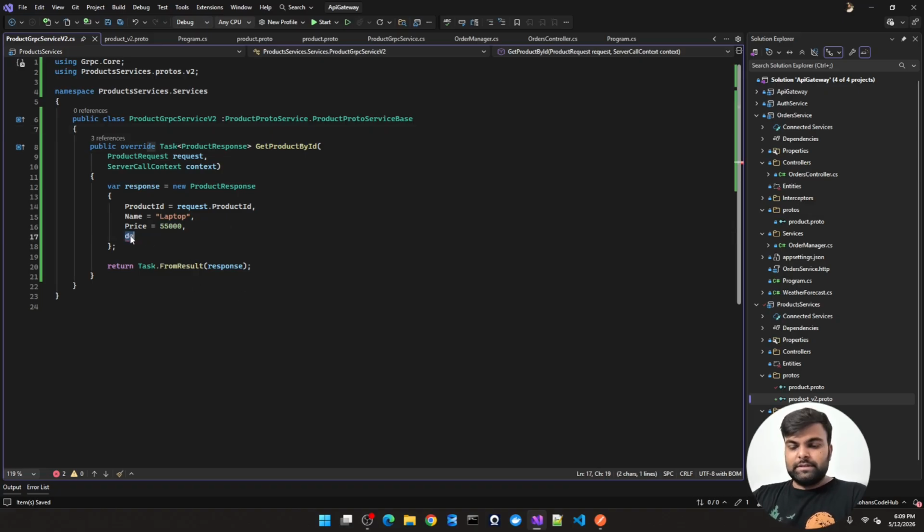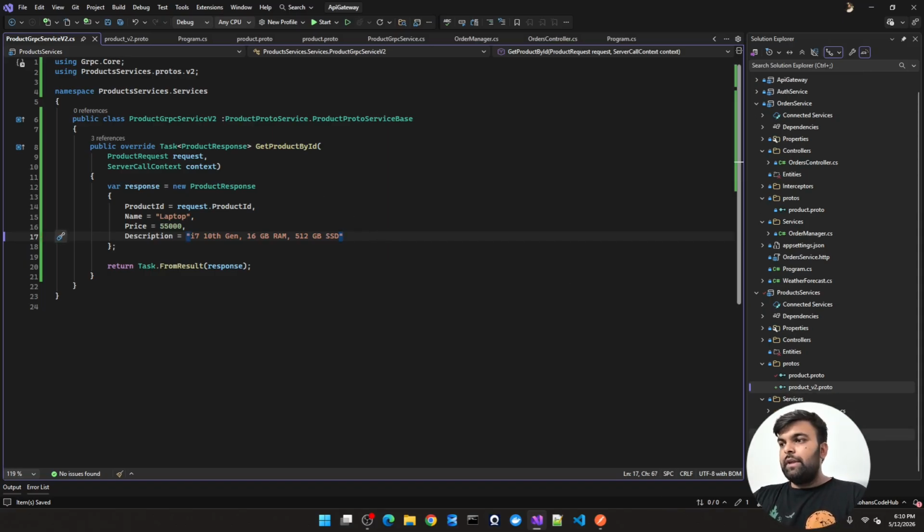So let's try to find the description. I would love to name it as this laptop is very good. Suppose I am adding the description like this. Now let's take it as, let's make it i7 10th gen, 16 GB RAM, 512 GB SSD. Let's make the description like this.